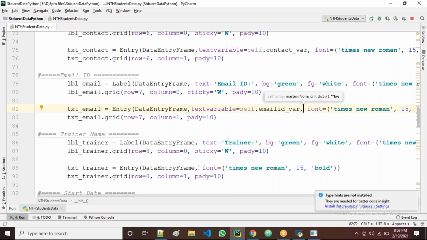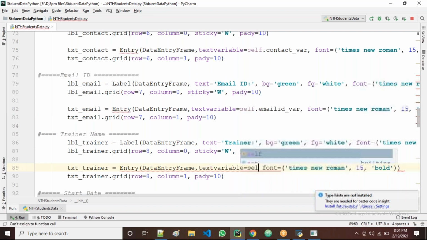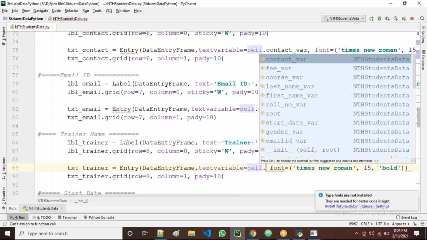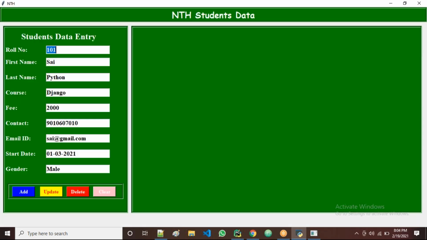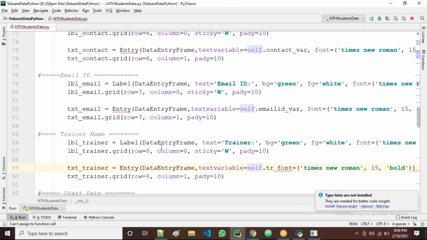And the last, trainer name, right? Yes, we'll take now self dot data. I think for trainer name, somewhere some mistake is coming, right?